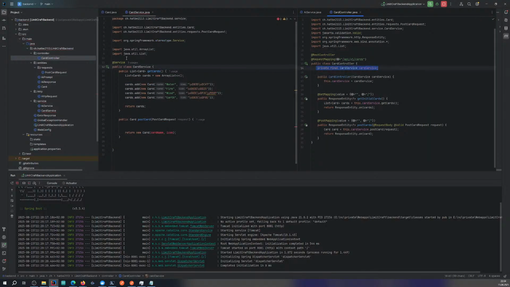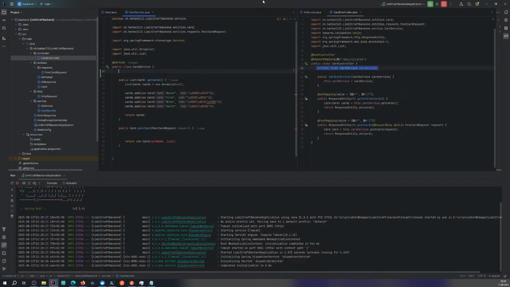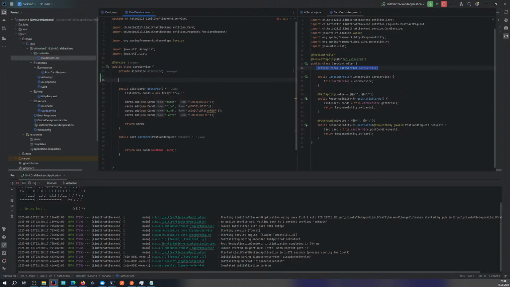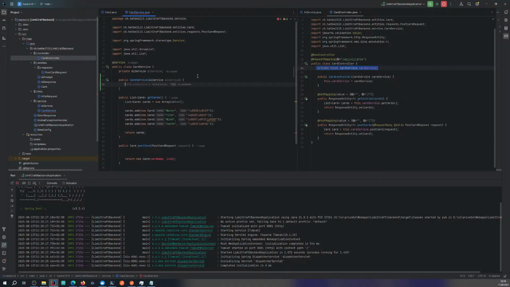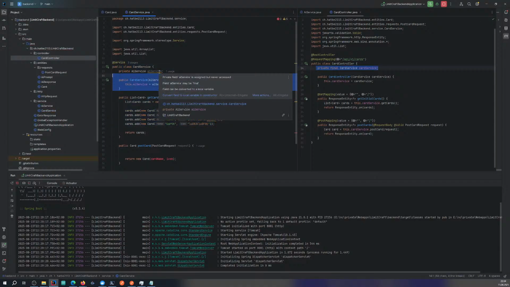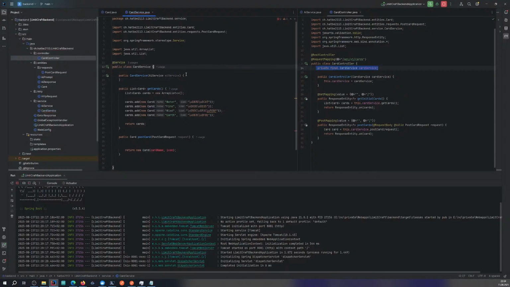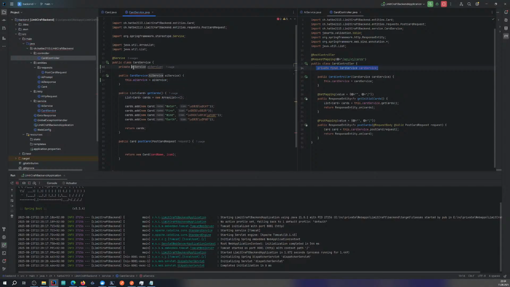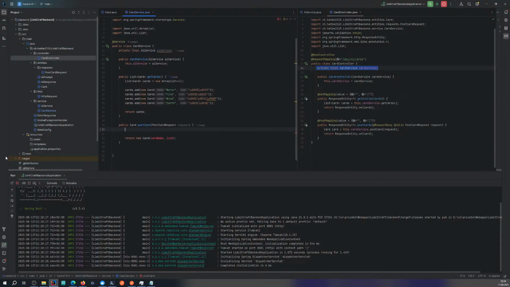I hope so. Private AI service, public. I don't know if I can do this, if this is legal, because some languages don't allow you to do this. This dot, or just